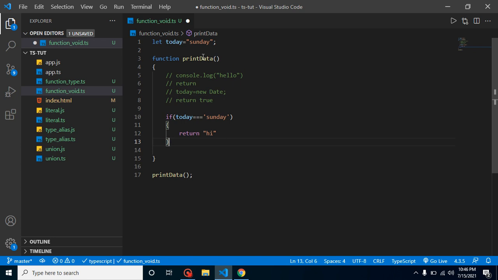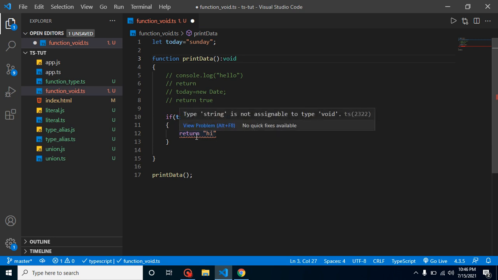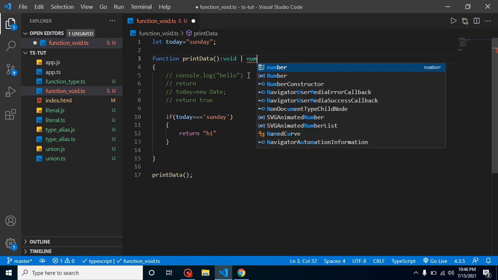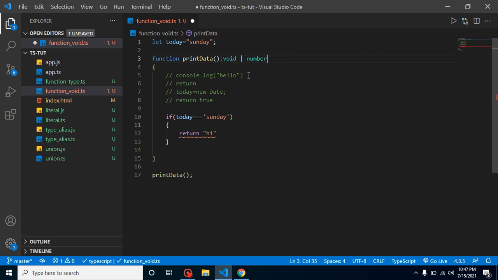In that case you will find that this function is a type of string, because we are returning here. But if this condition is not true, then this function should be void. So we can use void here, but now this line will give an error, because maybe the condition will be true. In that case, just use void with number like this, right? So this is one use case where we must define void.